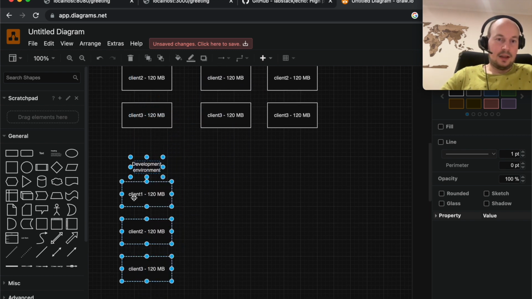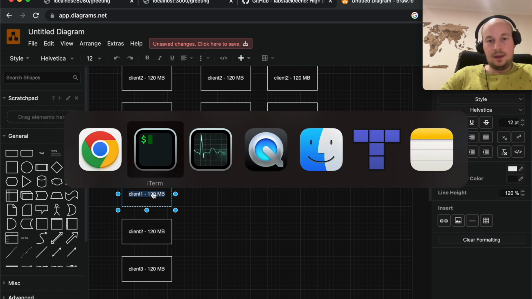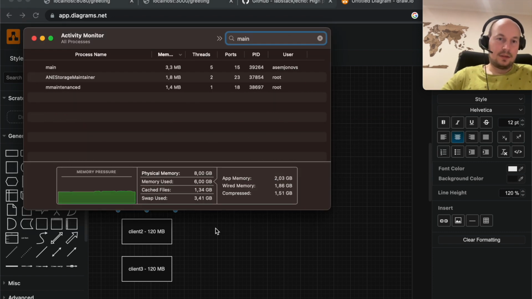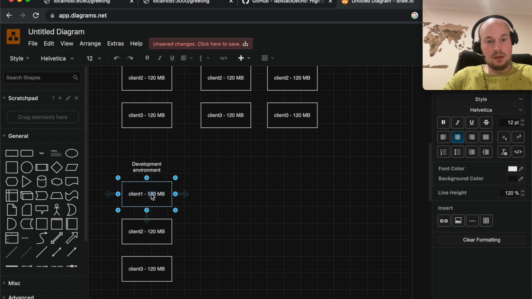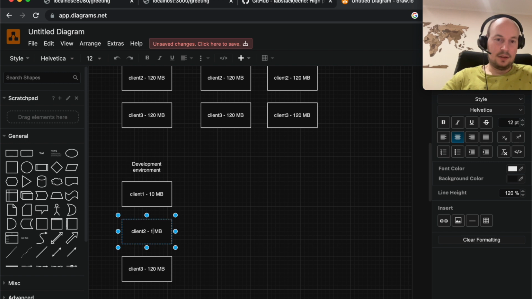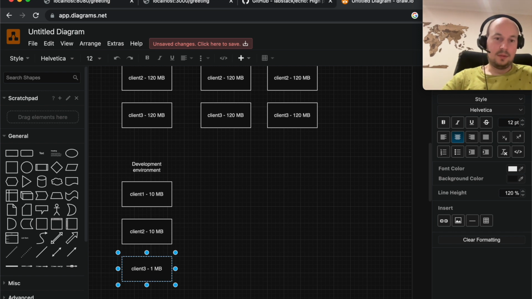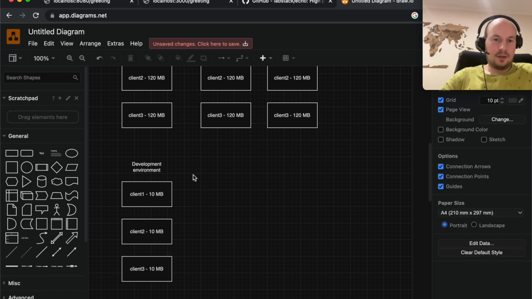So let's say we'll have client 1 eating up, let's call it 4 megabytes. Let's give it 10. Let's imagine we decided to go big time on our application and it runs in idle mode with 10 megabytes. That's only 30 megabytes.